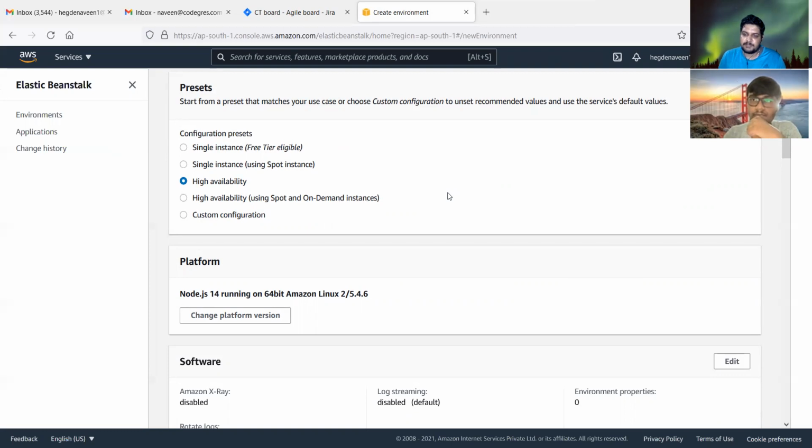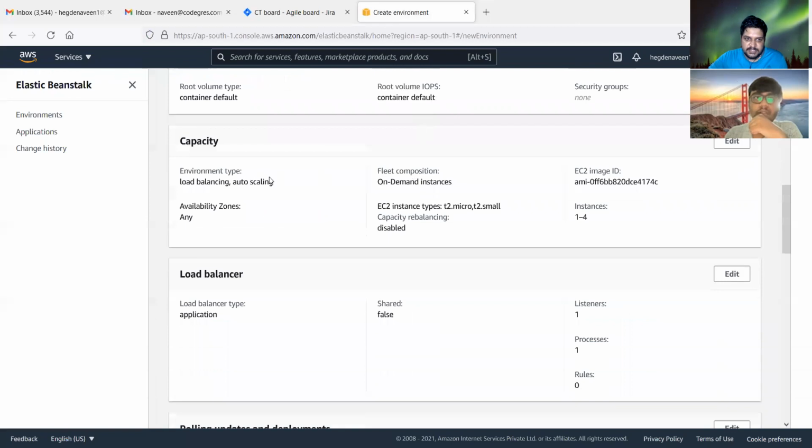For example, let's say your users start increasing. High availability is for auto scaling as well. So if you can see here, environment type, it says load balancing and auto scaling. What load balancing is: when a request comes to your server, instead of sending everything to the server, it sends first in first out, and the load is balanced.